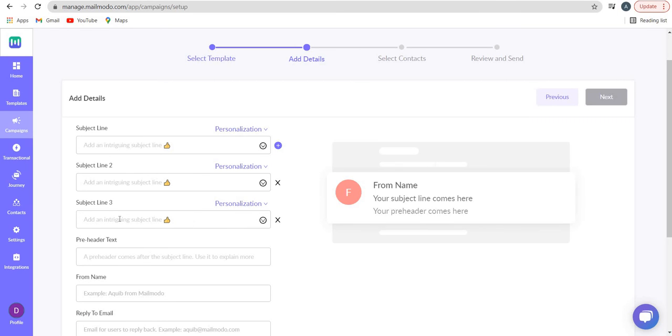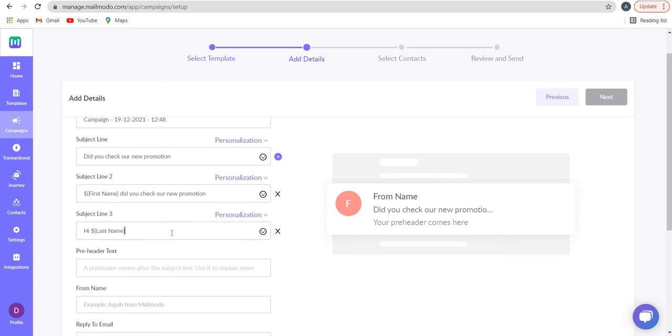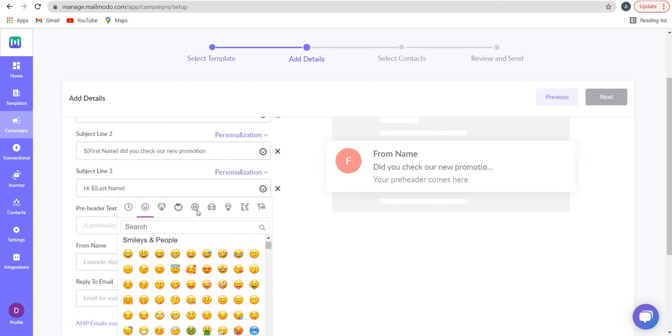I've added 2 more subject lines, and you can always A/B test which email is getting more open rate. So for example, here, first name, did you check our new promotion? And in subject line number 1, I'm not putting a name, just did you check our new promotion, right? And here, and then you can put the last name, and you can just put in the text that you want. You can always put emojis also, smileys and emojis, and there are a lot of features over here that you